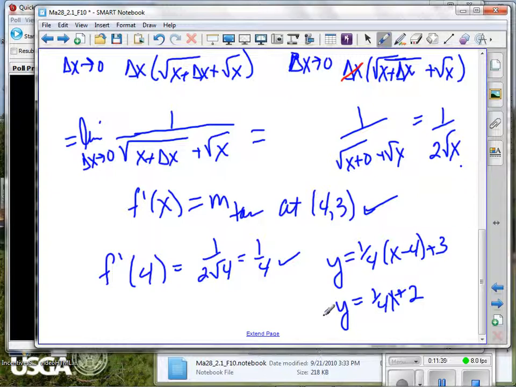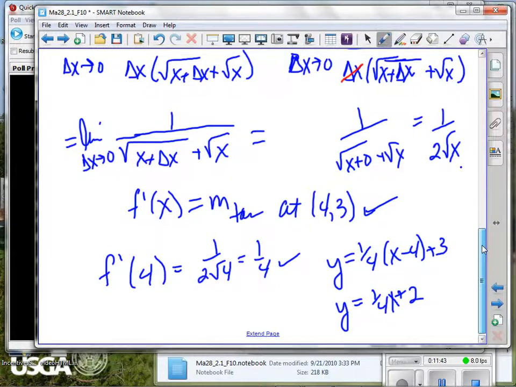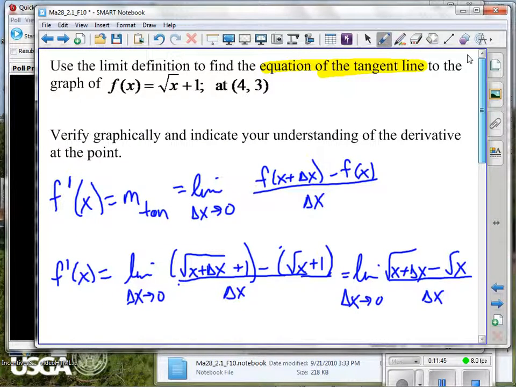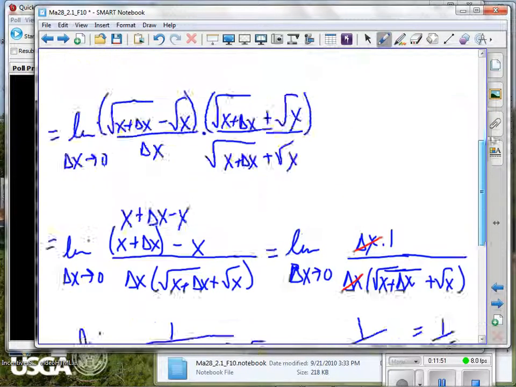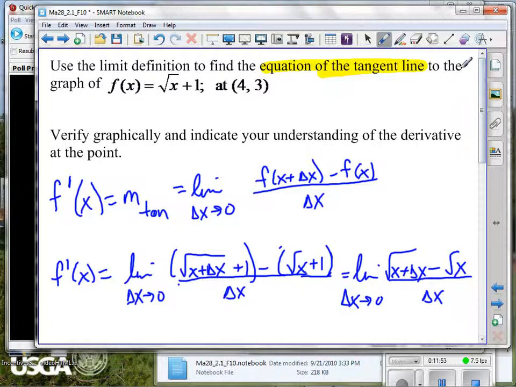Okay. We've got about 6 minutes before I want to start that. So let's see how fast we can get those graphs done. So take your Inspires. You need to know what the original function is. Do I need to go up and show you? There it is. Square root of x plus 1. Okay? Square root of x plus 1. In fact, I'm just going to leave it there. Now, we want to be able to check our